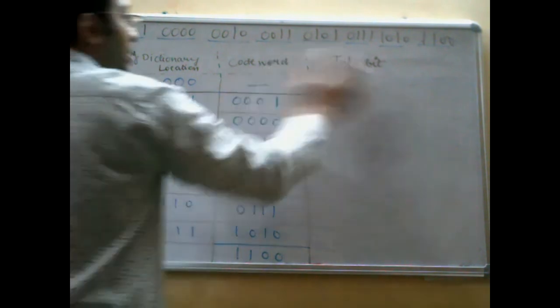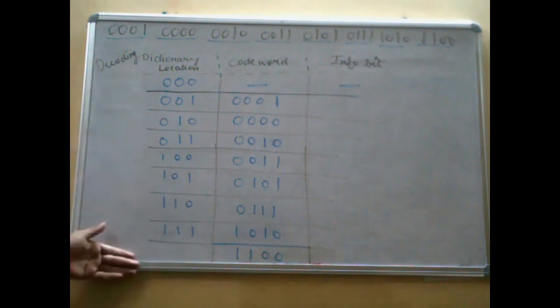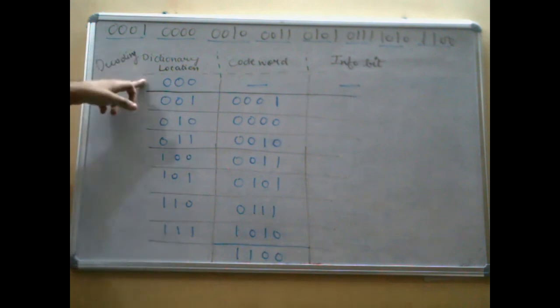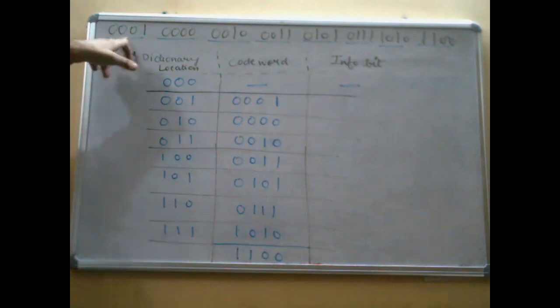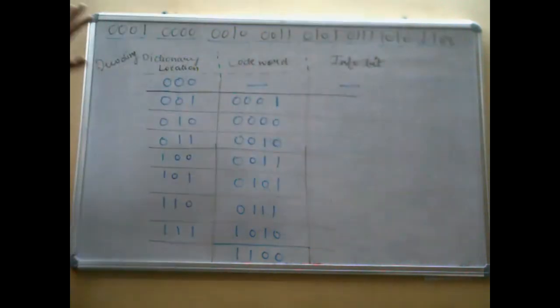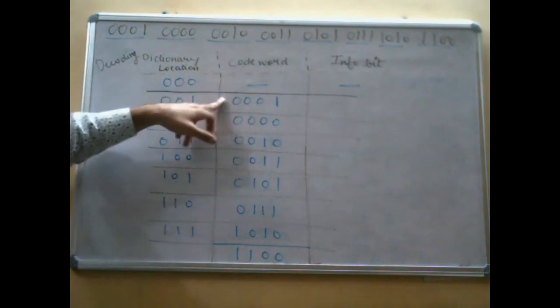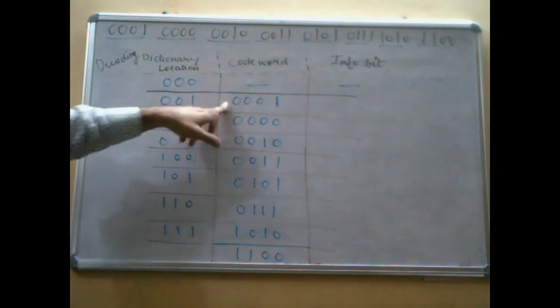First will be empty as was done in the previous case, because decoding is almost similar to your encoding, only done in the reverse manner. Dictionary locations are already known, the same. Because again you see over here, 4-bit pairs are there. Total how many are there? 8. So 8 levels will be there again, from 0 to 7, that I have taken. For the code words, leave the first one blank and try writing down from here. Okay.